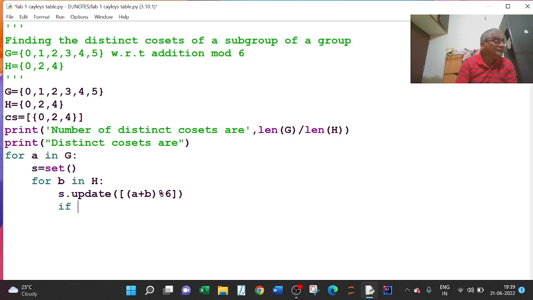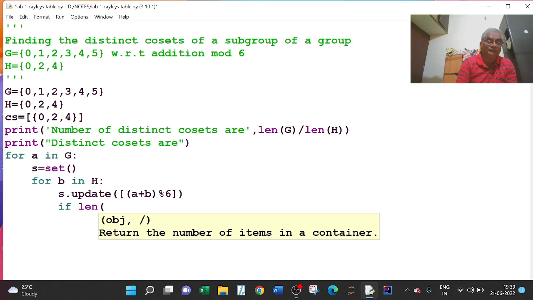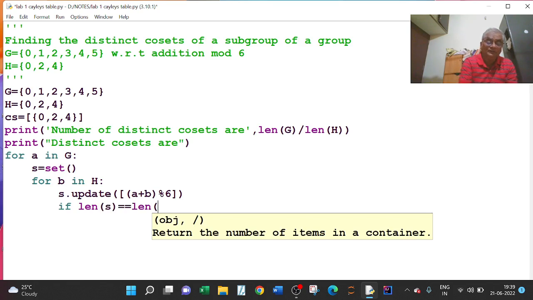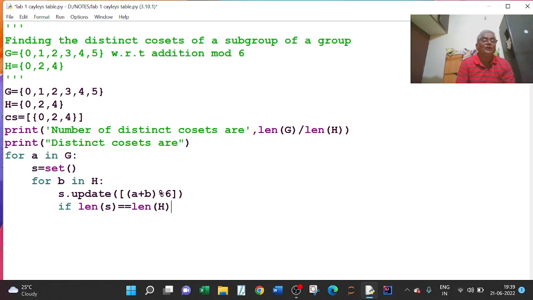Then if length of S is equal to length of H, because the number of elements in H must be equal to the number of elements in every coset, right coset or left coset, both are same here.